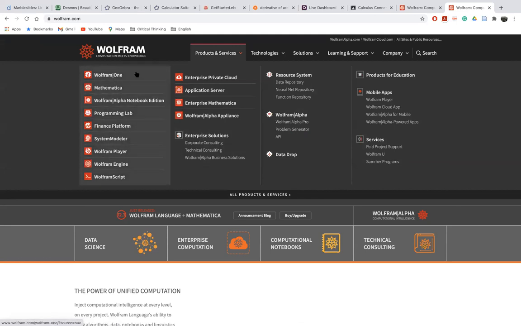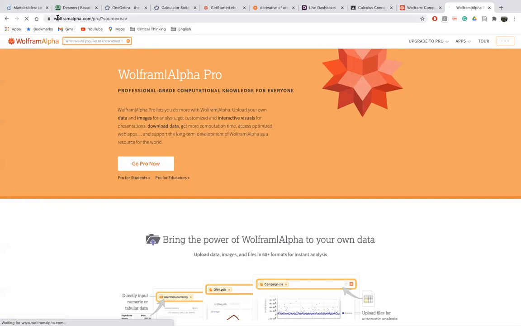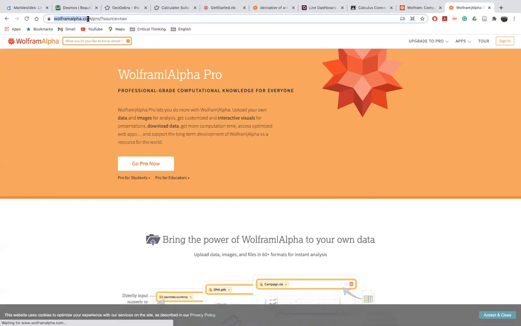Wolfram offers lots of different tools, but most of them are paid. You have to spend money, especially for Mathematica, which I think is $200 or something. But let's explore Wolfram Alpha. If you simply type Wolfram Alpha on wolframalpha.com, you are going to land on this page.